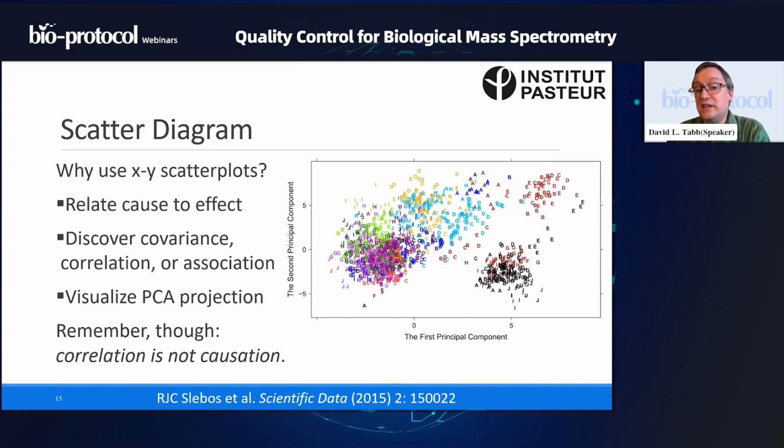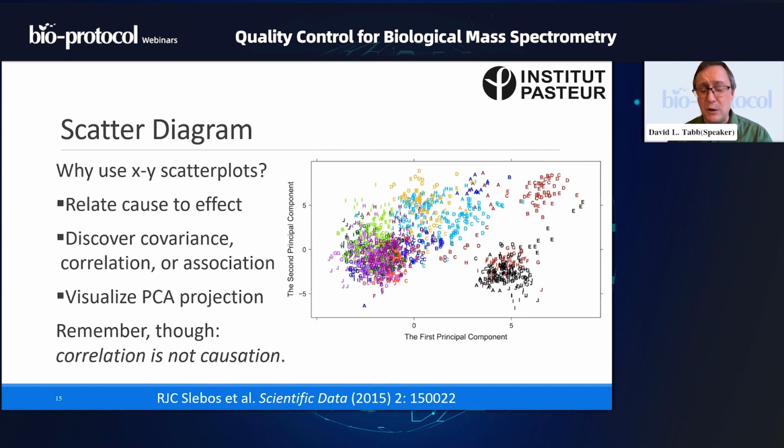Okay, so why do we need to use XY scatter plots? Ishikawa had several things to discuss about this. His first was that he wanted to relate a cause to an effect. So if you had an X coordinate that reflected, say, the temperature of a part of the instrument, and a Y coordinate that said how many of the spectra did we identify, you might be able to make the argument that if there's a strong relationship between these two values, one is causing the other.